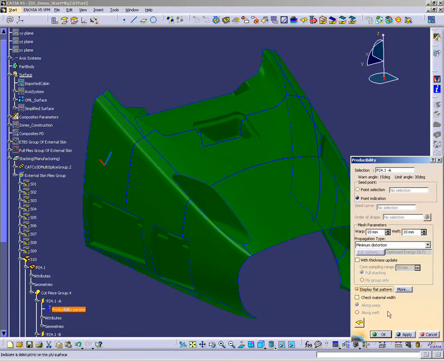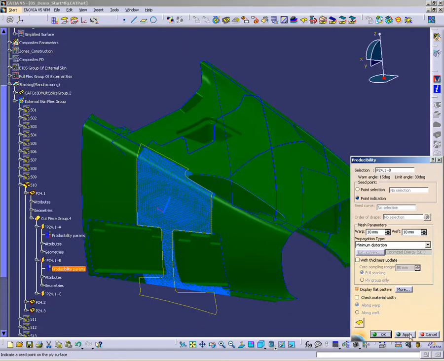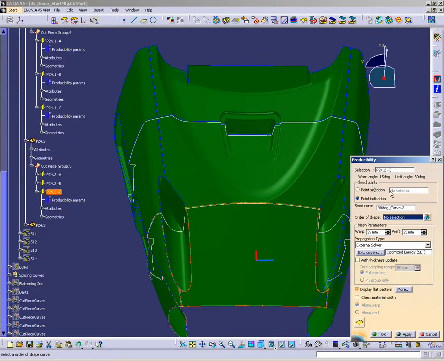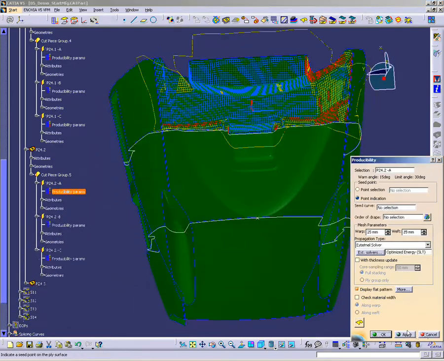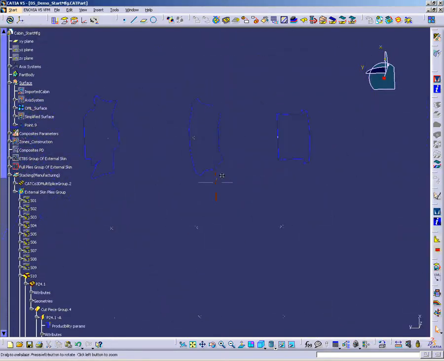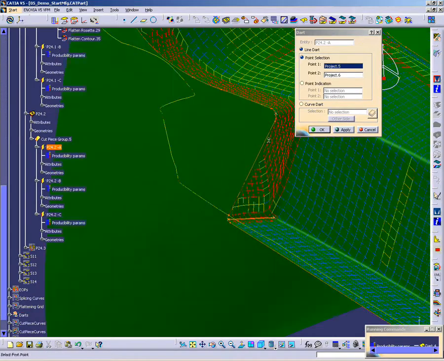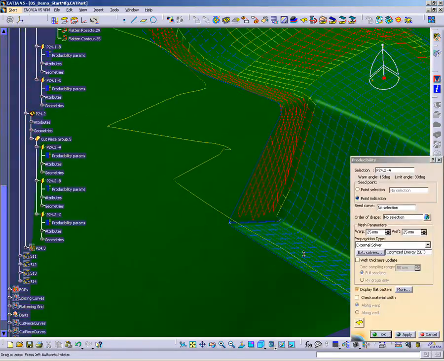Producibility analysis provides the ability to assess possible fiber deformations, take corrective action by darting plies, and generate the right flat patterns the first time to eliminate trial and error in the shop floor. A new darting feature is integrated to the producibility interface to include various dart shapes and get immediate feedback on